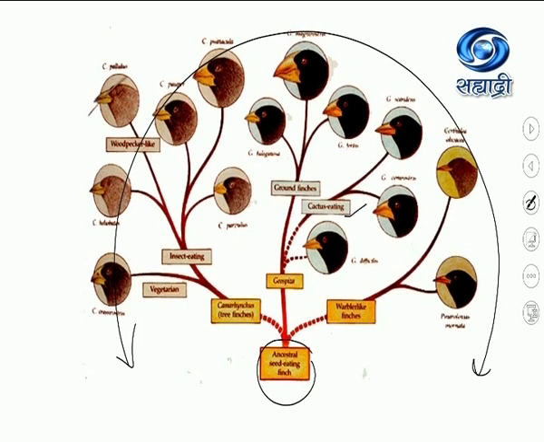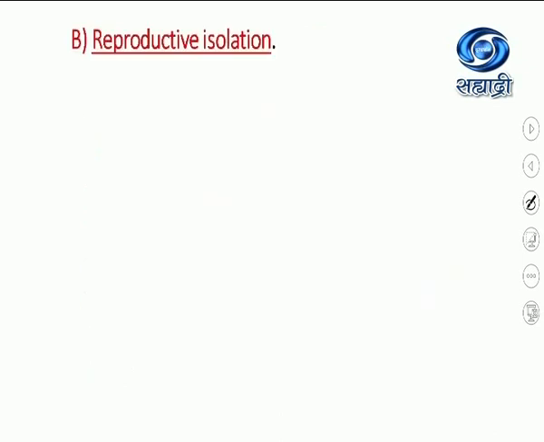Some were feeding on cactus, some were feeding on the ground, whatever they could find to eat, and so on. So because of geographical isolation, from one finch, the original seed-eating finch, there was a change in the feeding pattern. Some were eating insects, some were vegetarian, eating grains, fishes, cactus. Their beak size and shape changed, a new species was formed, and they diverged from one another. Now let us see about reproductive isolation.